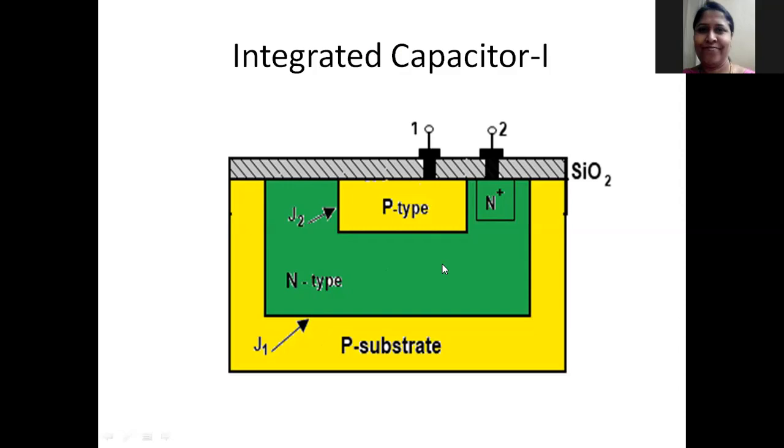What we are doing here is making use of two layers, PN layers, and if we reverse bias these, a junction is formed which is going to give you capacitance. When a reverse biased junction is made use of, the capacitance depends on the reverse bias voltage we apply across the P and N layer.